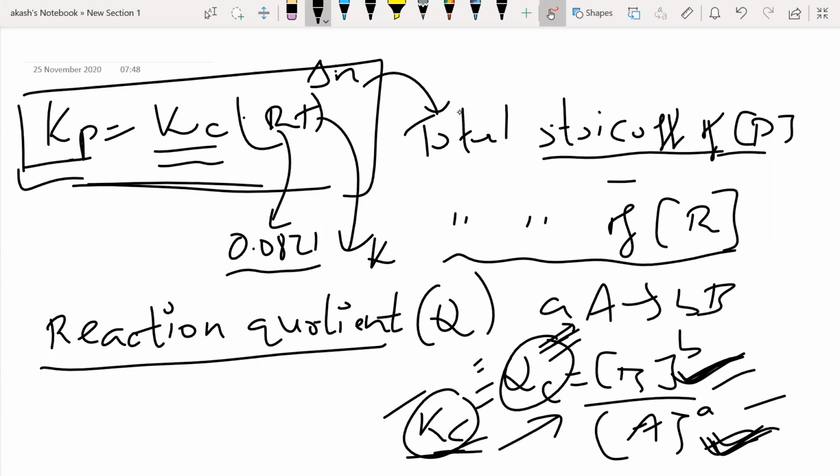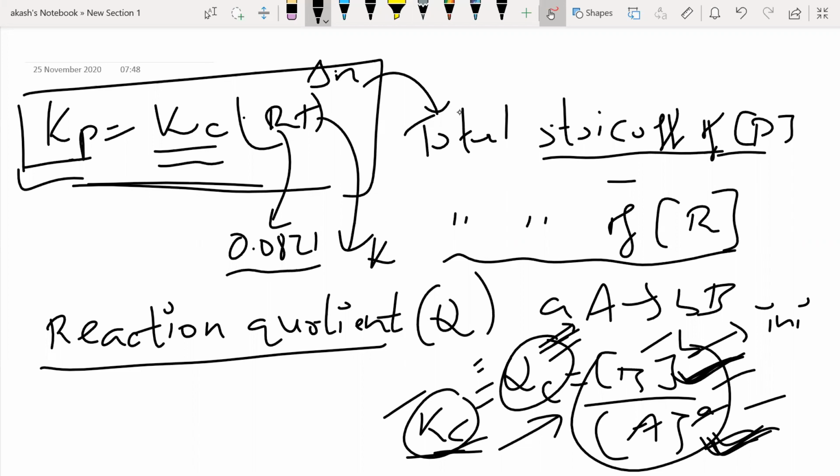We started all this to predict in what way the reaction is going to happen, whether in the forward direction or in the backward direction. Okay, so obviously in 99% of cases, if you want to predict whether the reaction is going to move forward or backward, these concentrations you substitute are actually going to be initial concentrations, is it not? Because initially A will be there, initially B will be there, both reactants and products are there. So with that initial concentration only, you have to predict that, okay, this is going to move forward or this is going to move backward.